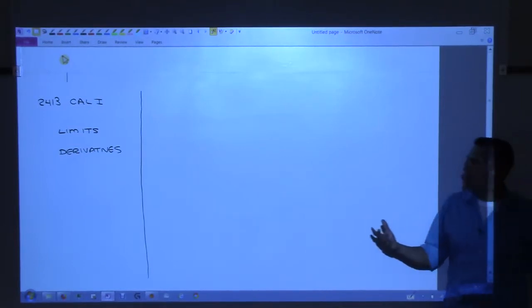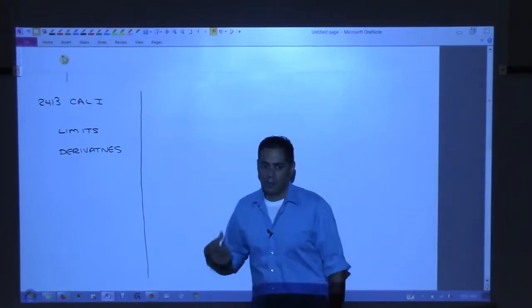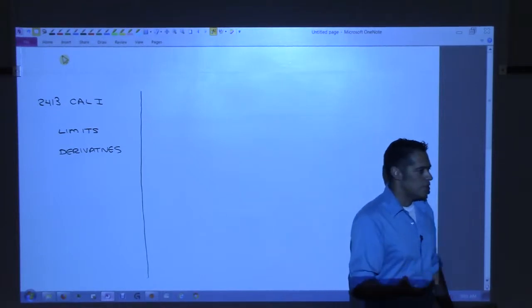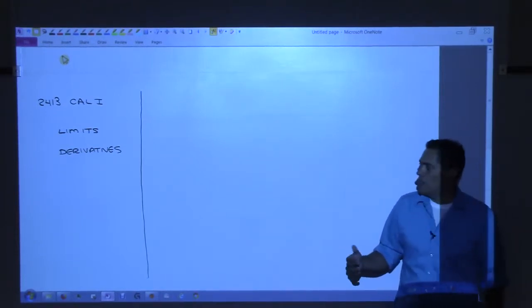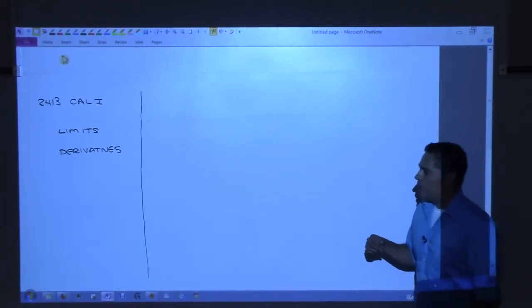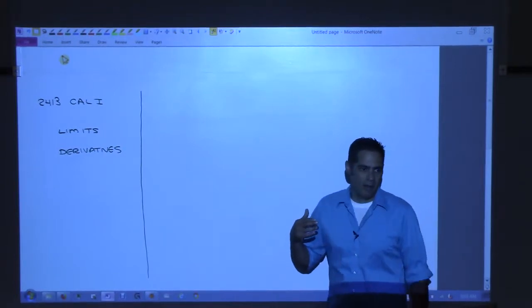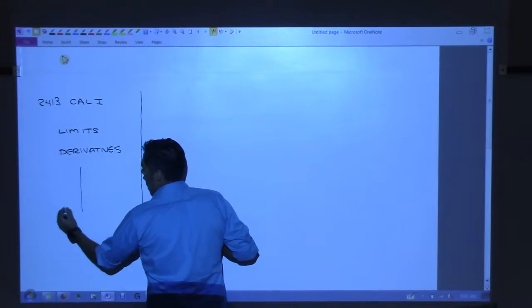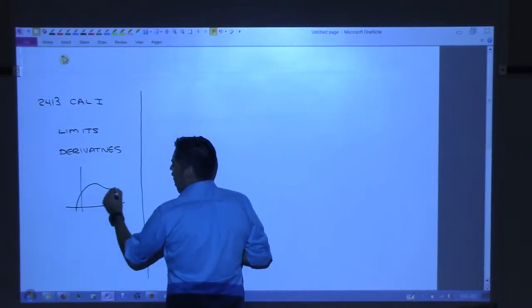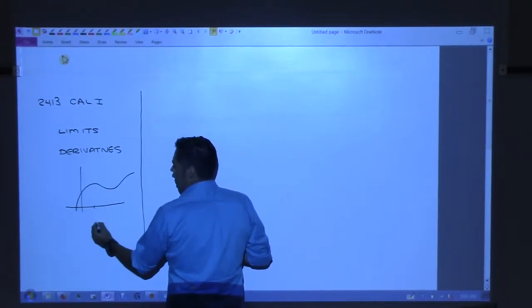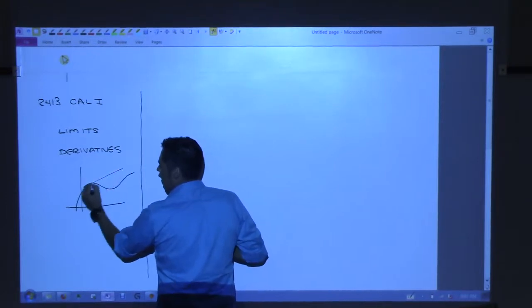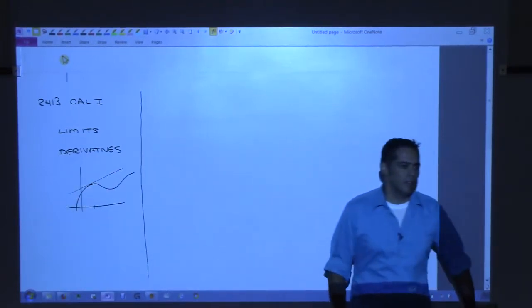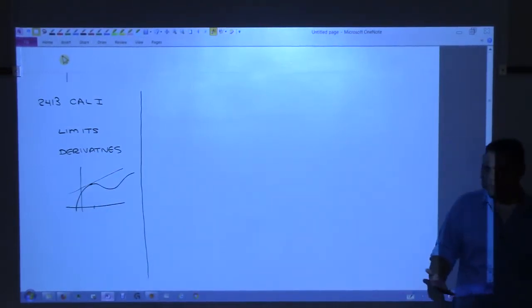In fact, most of the time we call Calculus 1 differential calculus. Differential meaning the derivative, right? So it's all about the derivative. We find slopes of tangent lines, right? Geometrically, what we did in Cal 1 was we took a curve, picked some arbitrary point, went to that point, and we could find the slope of that line using the derivative, right?